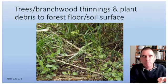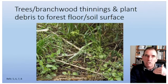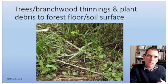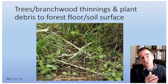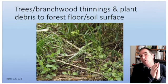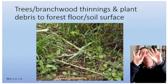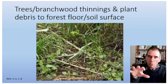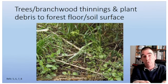Another technique really important is that any thinnings, tree thinnings, so those nurse trees, for example, if they're cut out that I talked about earlier, or prunings of any kind, prunings from trees. I often prune those tall trees that I grow, which are often things like Italian alder. I often prune off the side branches as they grow to push the canopy up, let more light in underneath for other things. And so all that kind of pruning material should go down straight onto the forest floor, unless